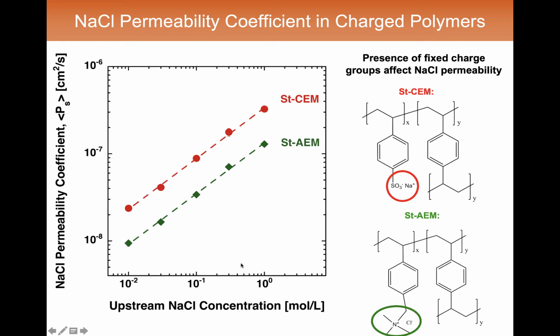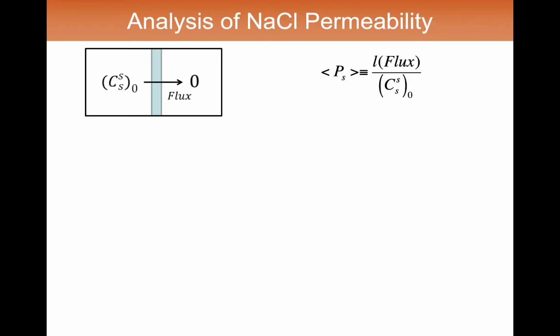And as you go to higher and higher salt concentration, there are more and more co-ions in these membranes. Remember, they have plenty of counter-ions balancing the fixed charges, and if there are more and more co-ions in there, then the salt transport can occur faster, because you simply have higher solubility of the mobile salt, which is the co-ions plus their counter-ions. Now we'll go into a slightly deeper analysis of this. As I said, this average permeability